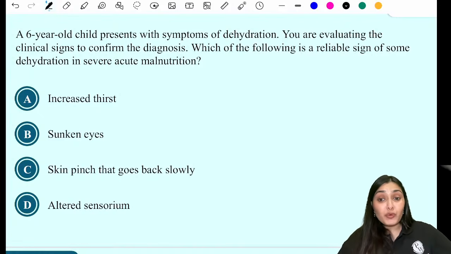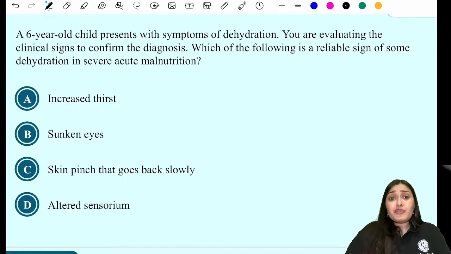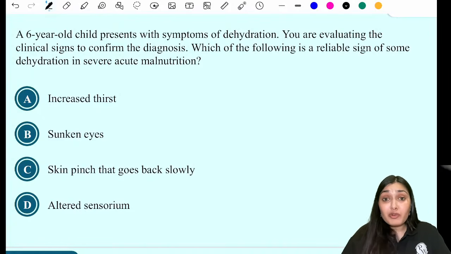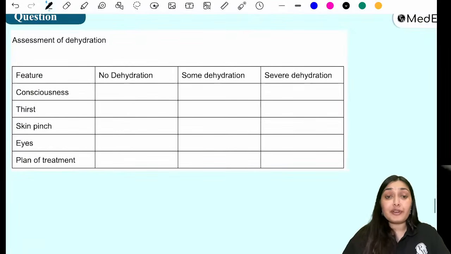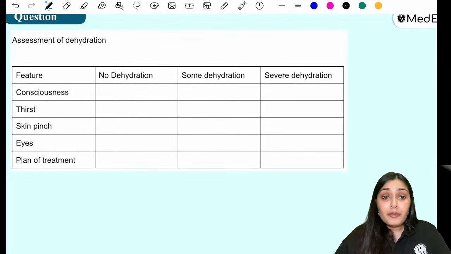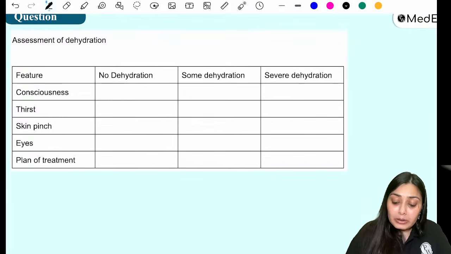So, a very important question for your exams: dehydration assessment and management. Whenever a child comes to you with loose stools or vomiting, firstly, what do we do? We assess the status of dehydration and manage accordingly. Right? So how are you going to assess dehydration? Firstly, we look at the consciousness of this child. If the child is alert,